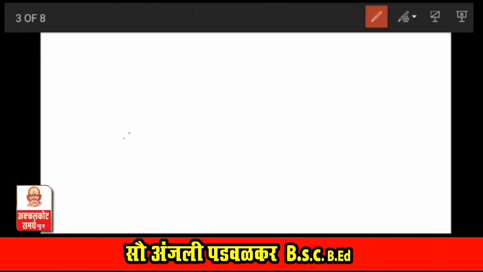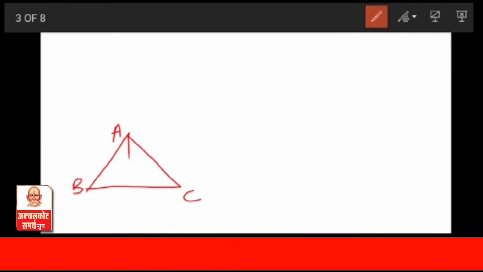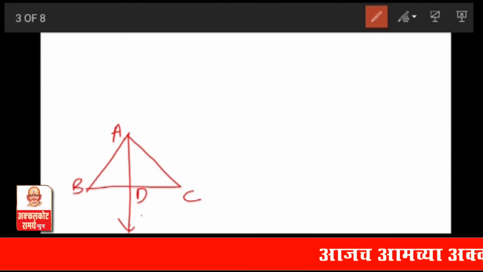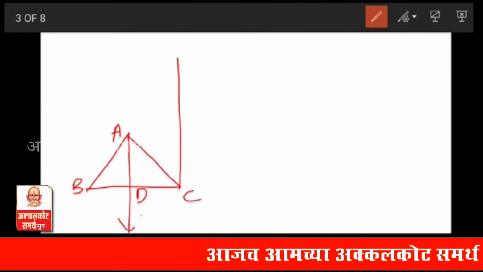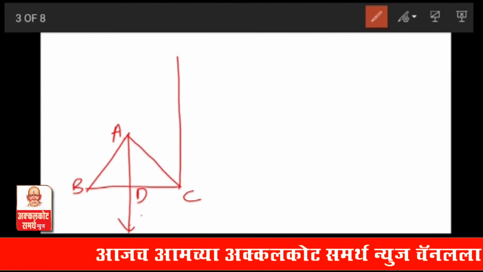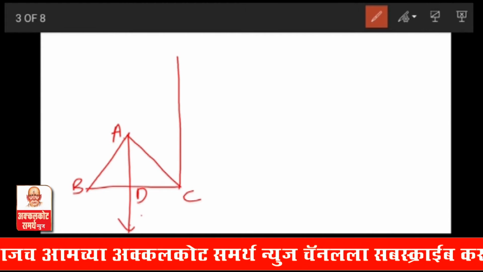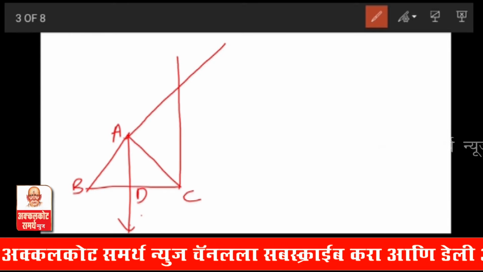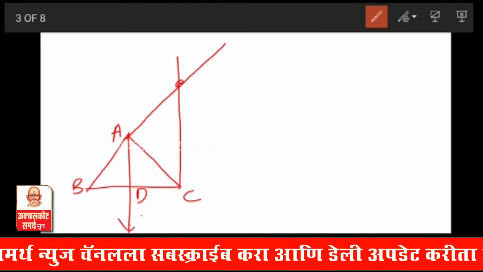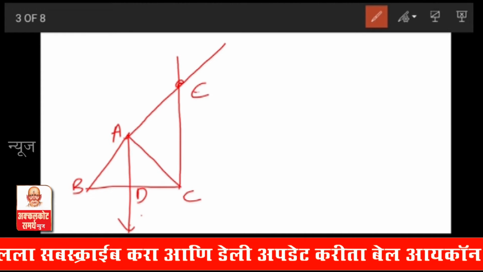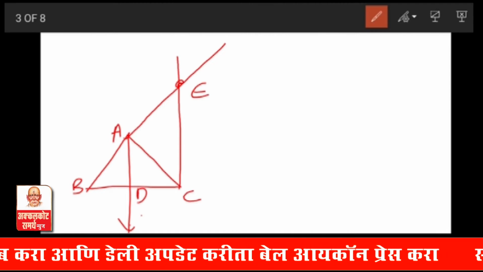Means you will understand here. So I will take a little bit down here. This is our triangle ABC and AD is the bisector. Then what I did, through C I have drawn one line which is parallel to AD, and this BA I have extended here. So this BA will meet this line at point E, suppose. Okay, this is our construction.